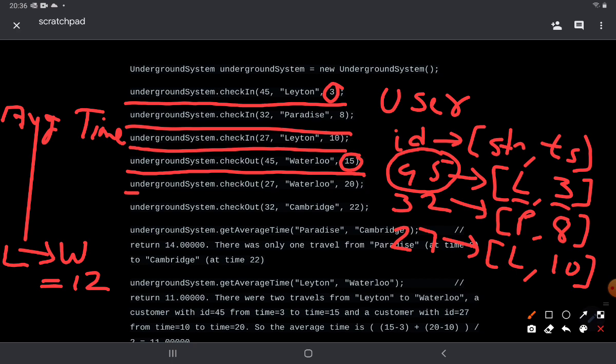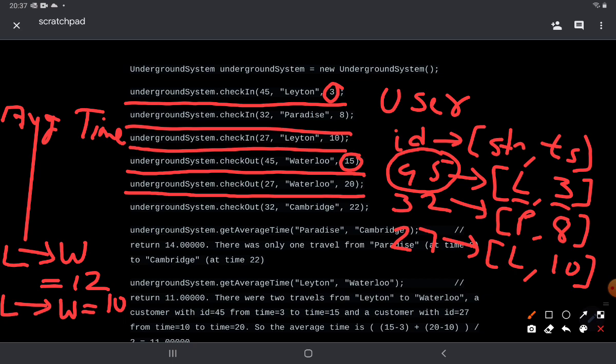Now if we move to another line, we'll see that there's a user 27 who is checking out from Waterloo. So we check in the user map and we saw that this user had checked into Leeton at 10. So this tells us that from Leeton to Waterloo, the time taken by this user number 27 is 20 minus 10, which is equal to 10.